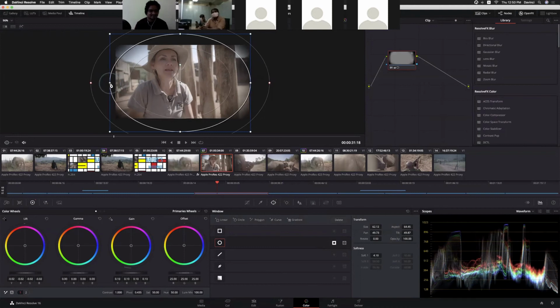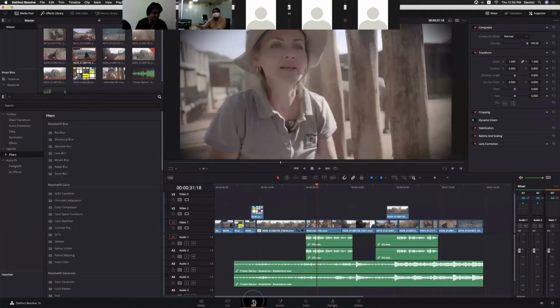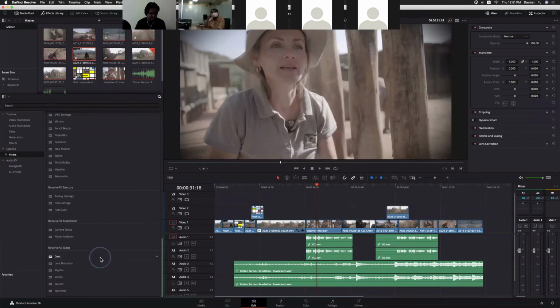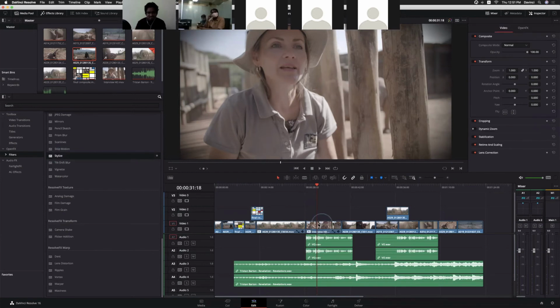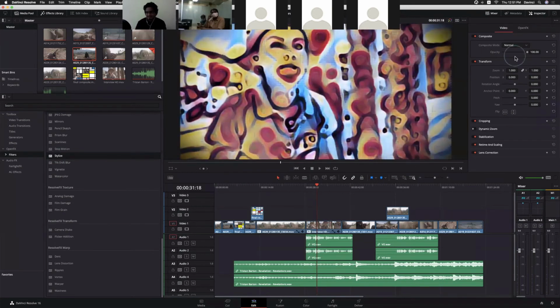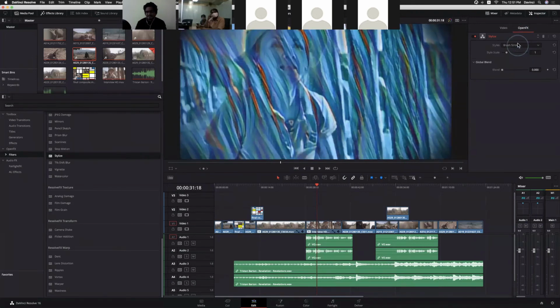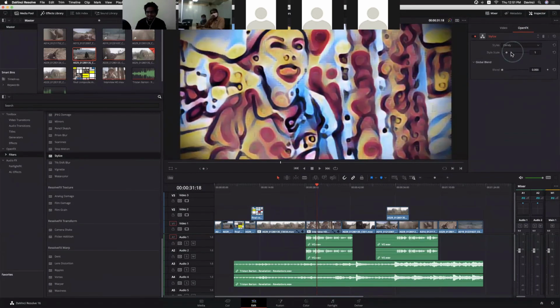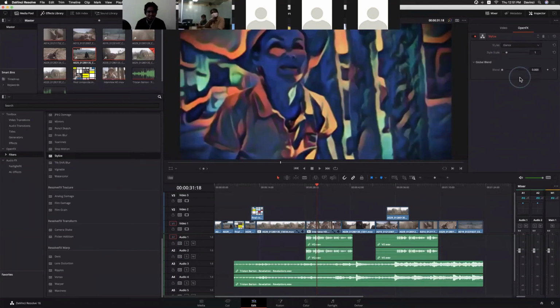Okay. This is the vignette thing. There is no direct filter in the edit page. I'm not sure if it is there or not. And we do have lots of filters, some useful ones also. I don't know whether. They added different types of effects and everything. You can manipulate them. Okay.